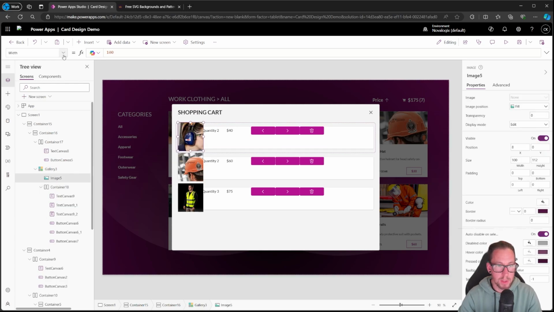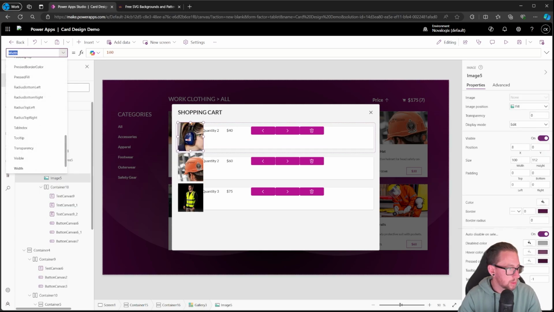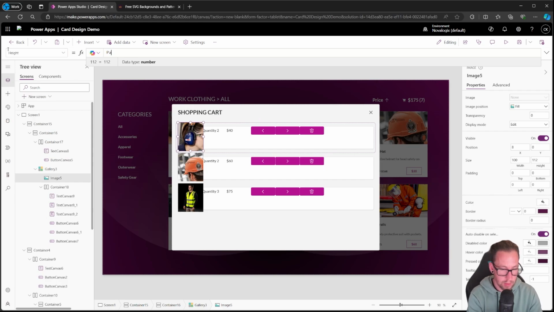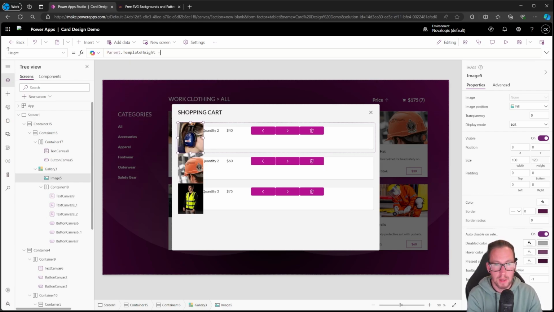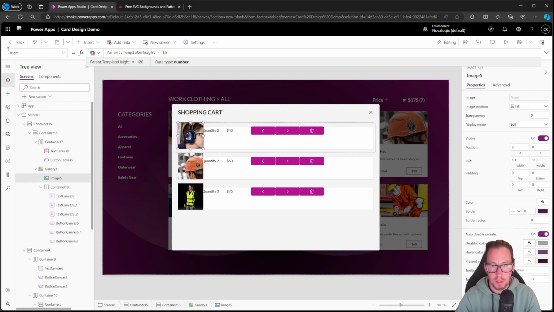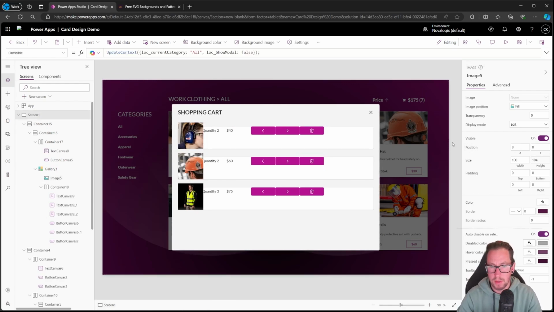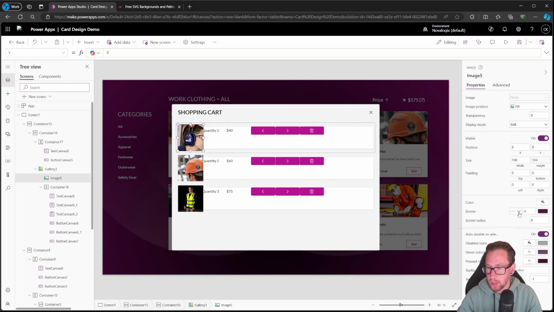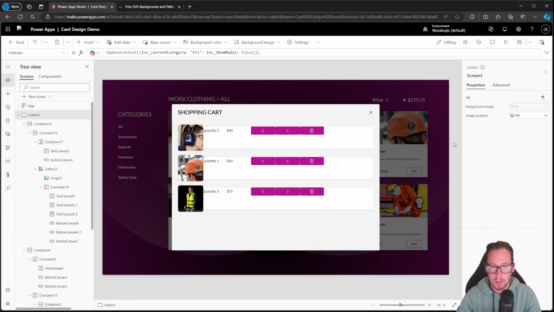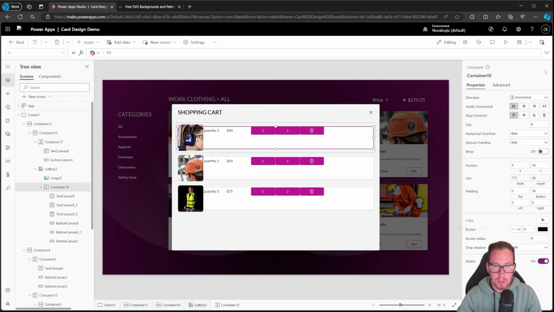And then for my image, I'm going to set it to the height, which is the parent.template height. I'm going to take about 16 off of that. And then I'm going to drop the Y by 8. And then I'm going to add a border radius to that. Add, say, 8 border radius. There we go. If we just check the size of that image, so it's now sitting